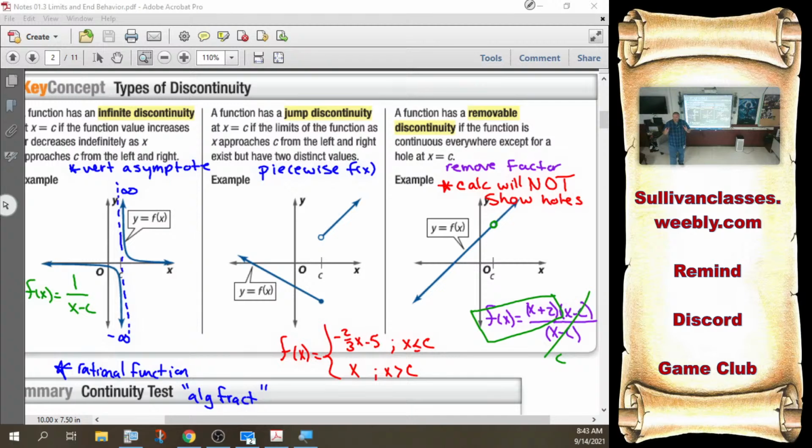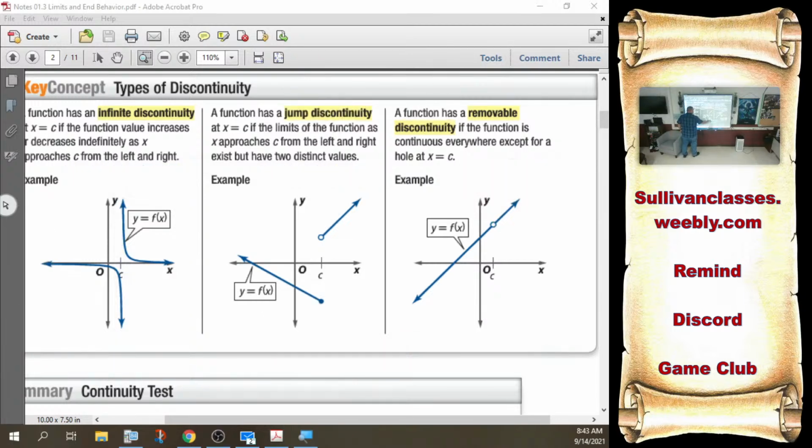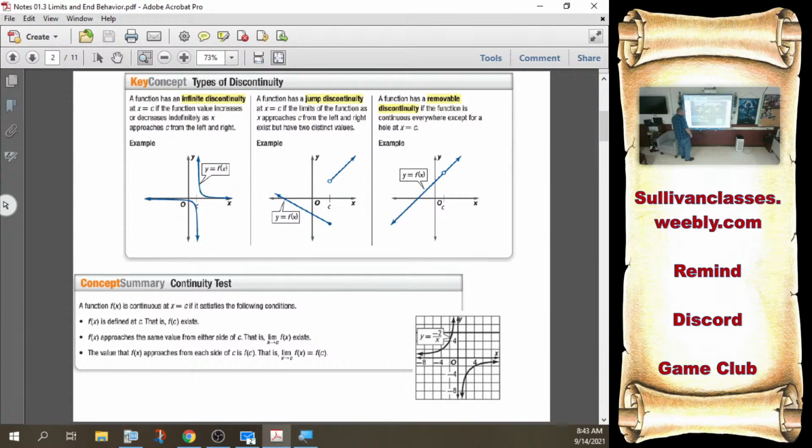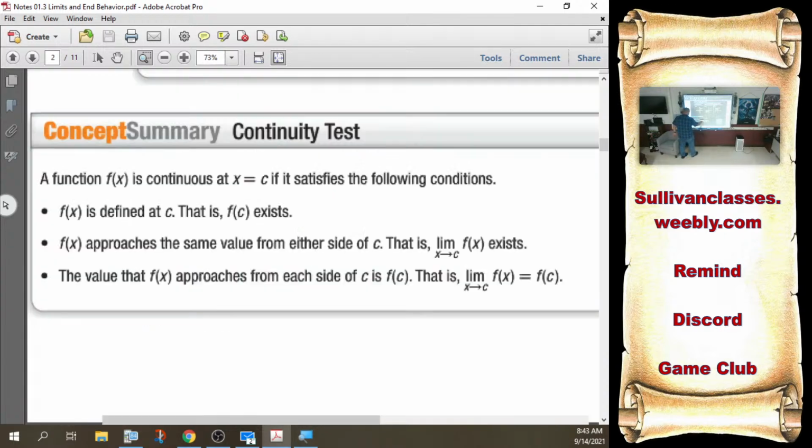So you can't just look at your calculator screen and say, well, it's continuous because it's a line. See, look. No. Unless you know that removable factors put a hole there, you're not going to see the hole on the screen. You got to know it. Okay? So, the 3 types of discontinuity. The only way that I can prove something is continuous is, yes, a continuity test.